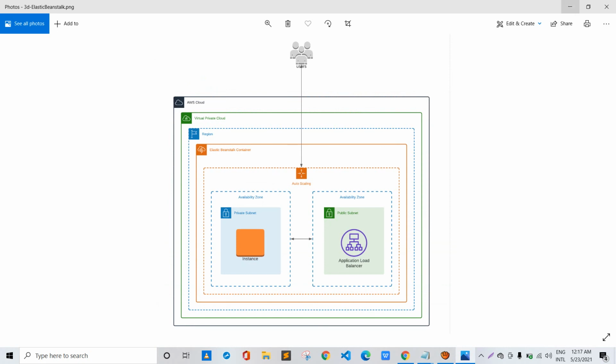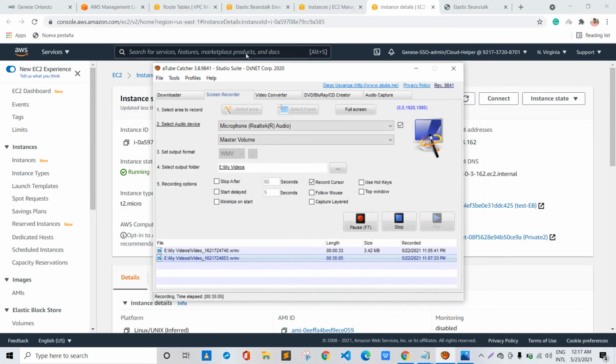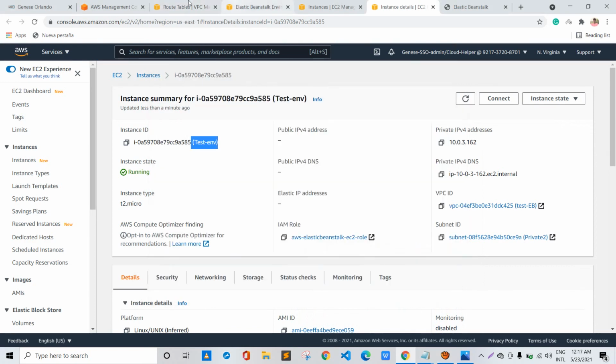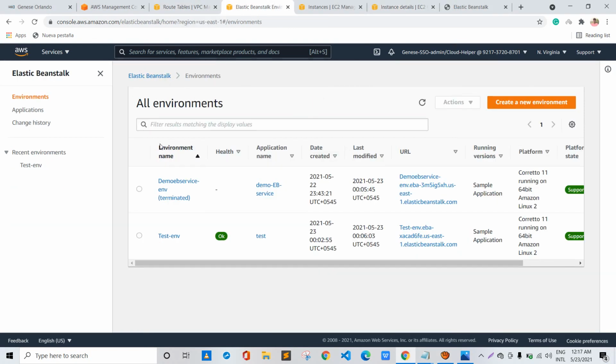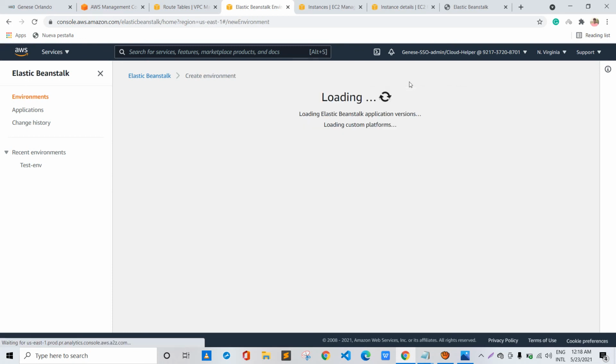So at the last, let's see where we can choose which type of load balancer we want. We can choose any sort of load balancer type as per our requirement. So let's go to Elastic Beanstalk. I think once you have created the Elastic Beanstalk environment, it's not possible to change the load balancer type. So we need to choose the load balancer type while creating the Elastic Beanstalk environment. So we'll go to environments and create a new environment.